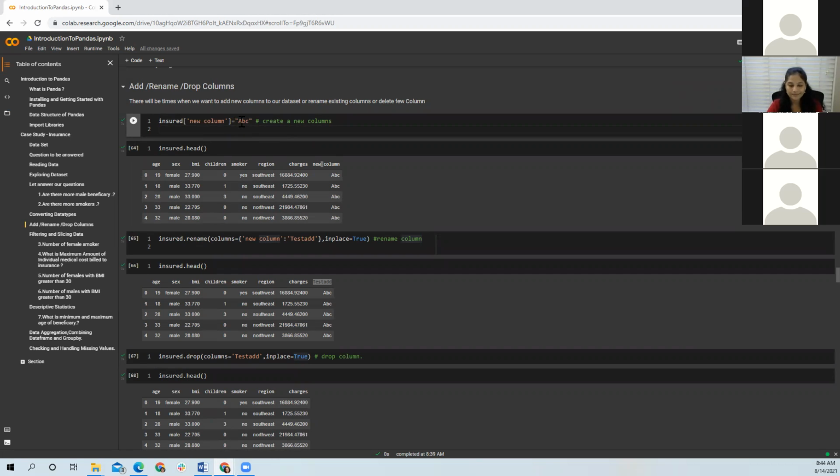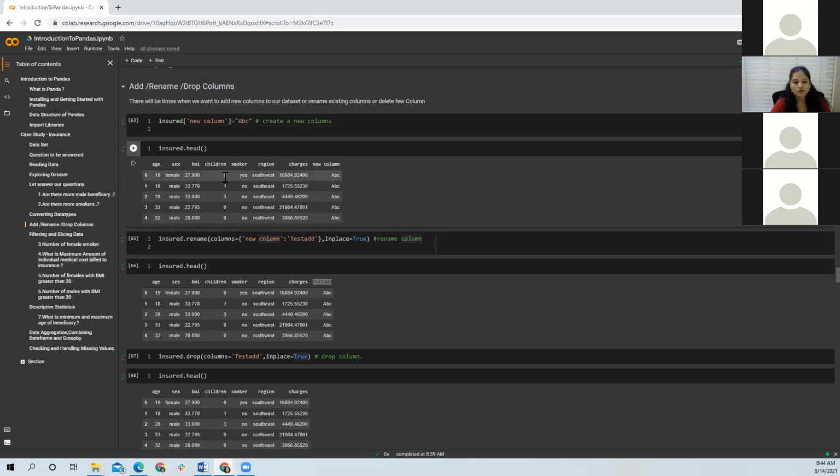So what if there are different values for each of those? Right now it was just an abstract example. It is all showing the value ABC for all rows. But usually, if you are adding a column, you would add something based on a condition.